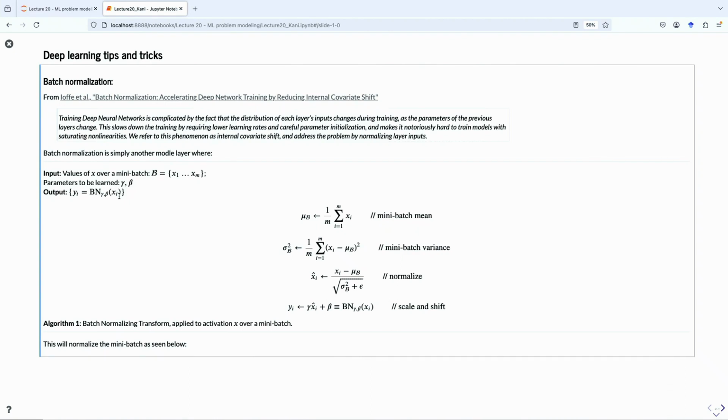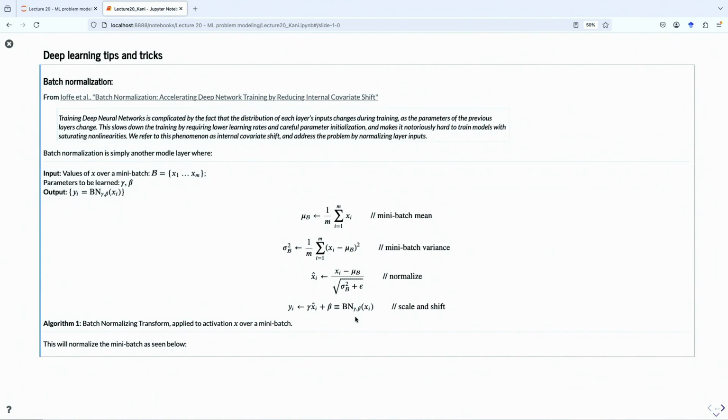All the batch normalization is doing is calculating the mean and the variance of the batch that you have, and then normalizing the data to some new value. Basically, you subtract the mean and divide by the variance.